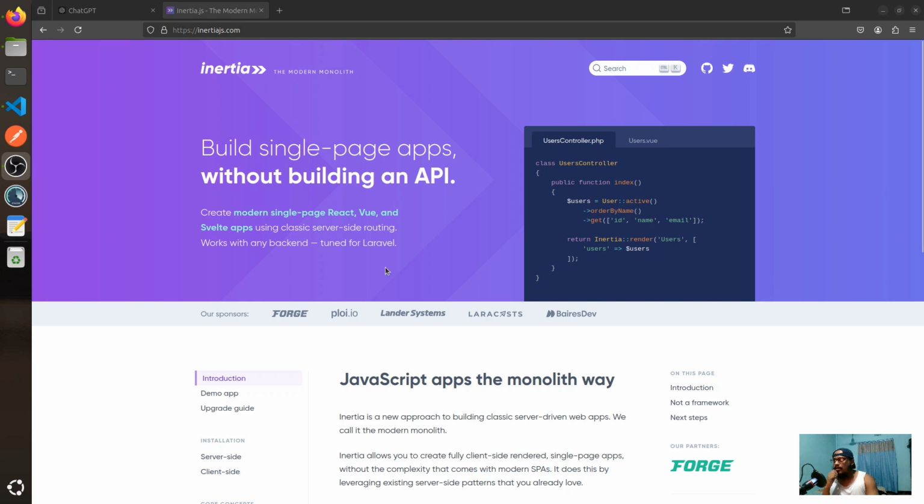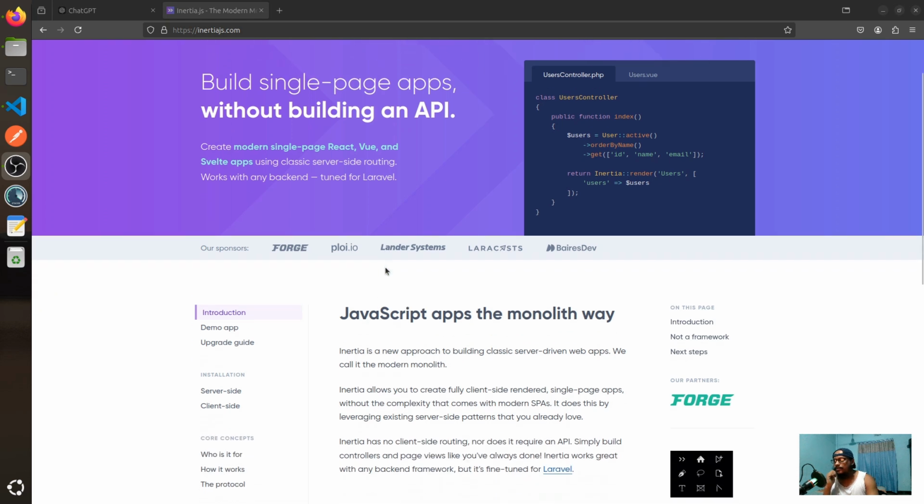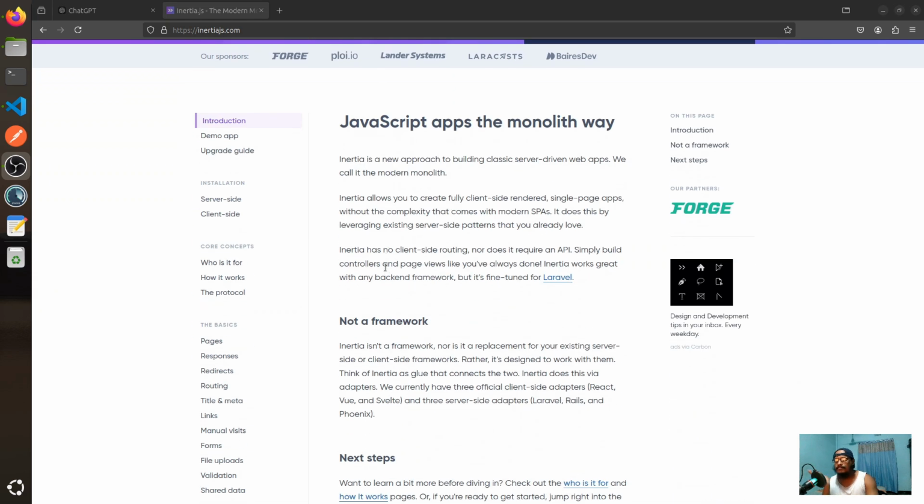So Inertia is a JavaScript library which helps us to use the traditional routing from the backend. If I say more specifically,